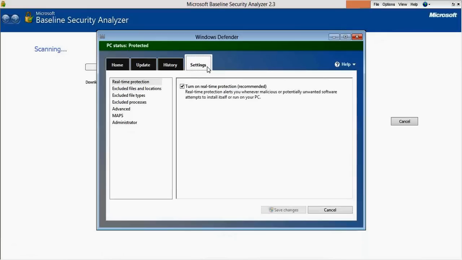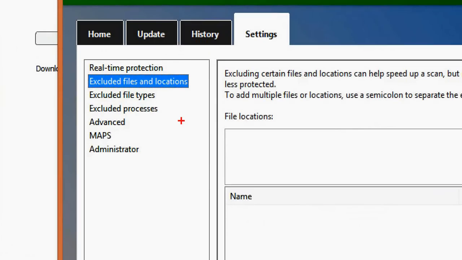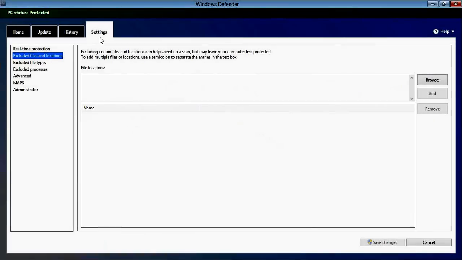Just open your antivirus, go to settings, and there you can see exclude files and locations. You can exclude files or locations, or even exclude processes also.